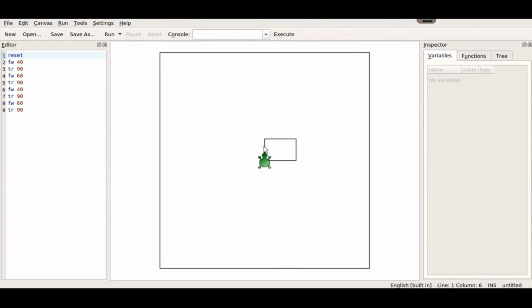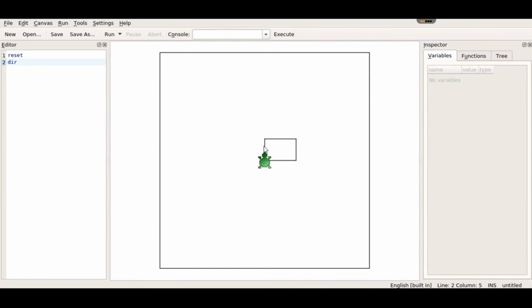Okay. Now we are going to learn about more commands. Next is the direction command. You can also command the turtle to point its head in any direction without using the TR or TL command. You can do it by using the direction command. The short form of direction is DIR. The direction command follows the number of degrees; it turns the turtle head in the clockwise direction by those many degrees. So in the direction command we can move the turtle according to the clockwise direction.